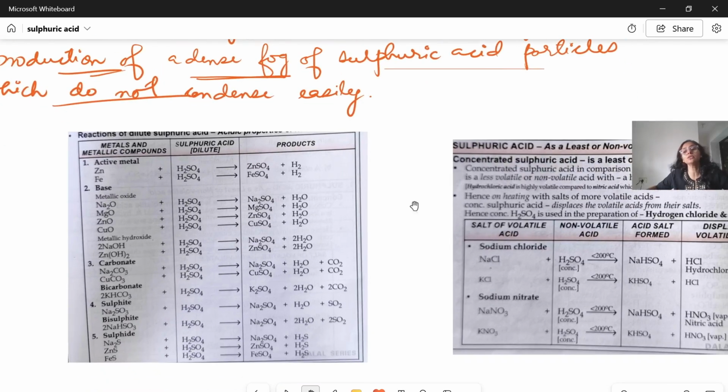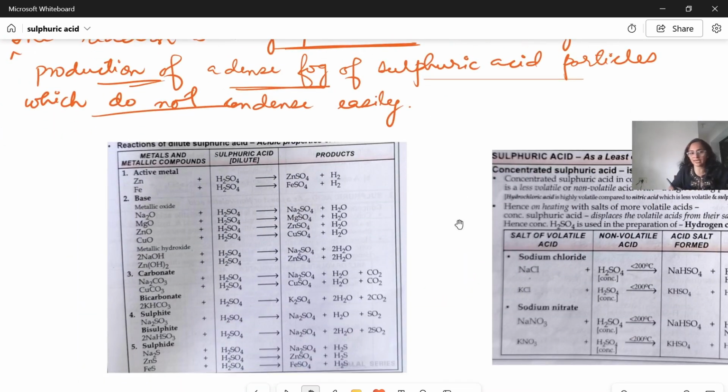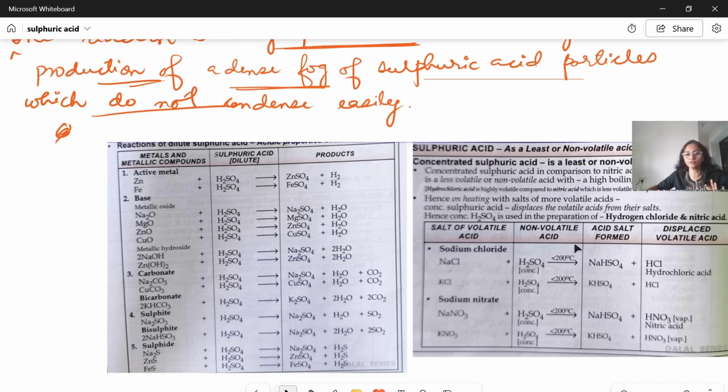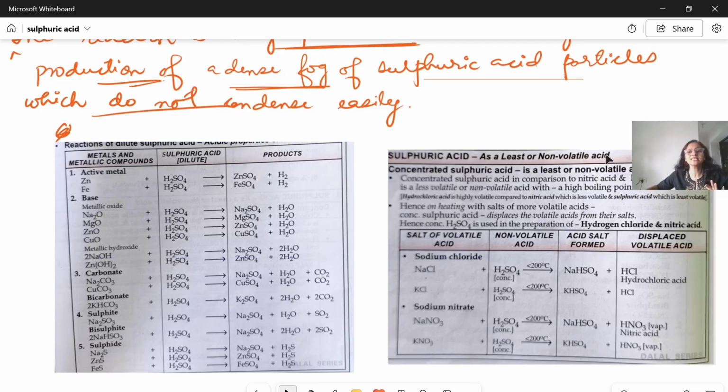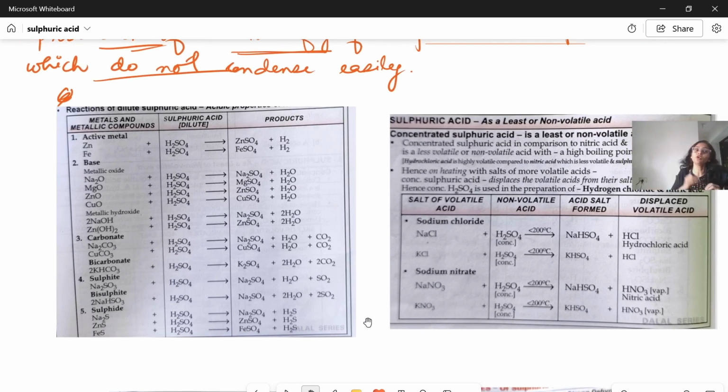Now I'll take you through the chemical properties of sulfuric acid very quickly, and these are easy. These you have been doing since you were in 6th, 7th grade. Most of the reactions you will see are ones you have done before in your 6th, 7th, 8th, even 9th grade. So let's quickly go through the common chemical properties done before and other new properties that you will get.